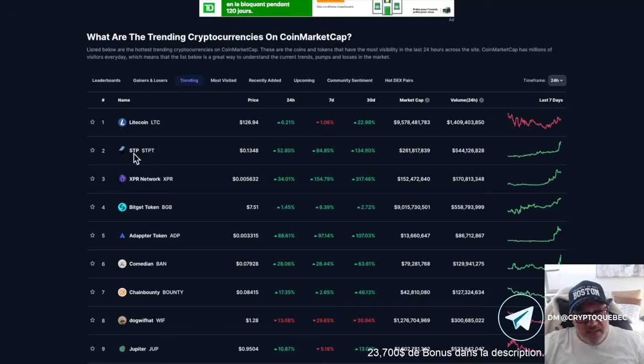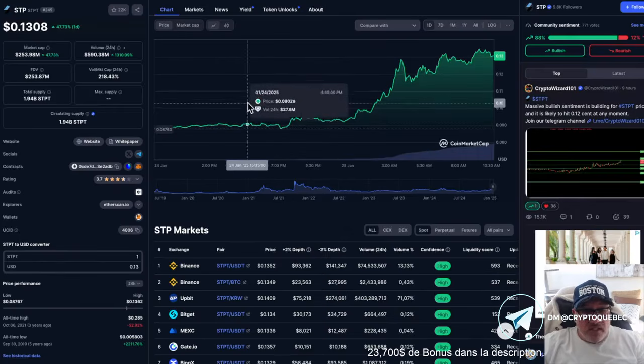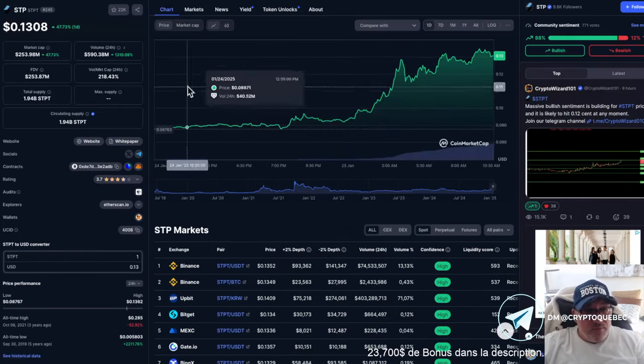So today, we're going to be taking a look at STP, specifically the STPT token, and it's really important to pay close attention. When you're searching on any trading platform, you'll need to look for STPT. So today, we're going to dive into an analysis of it, and we'll explore precisely what this token is all